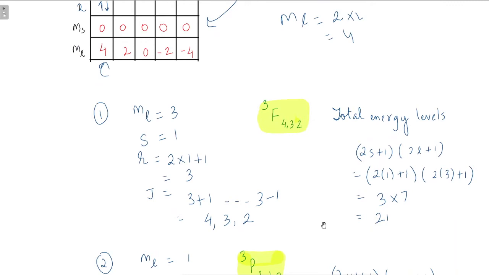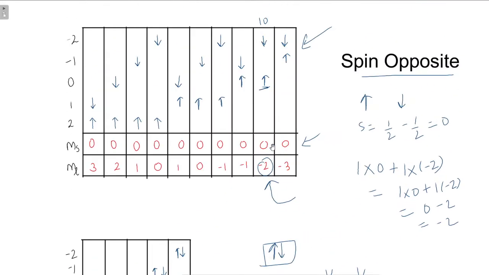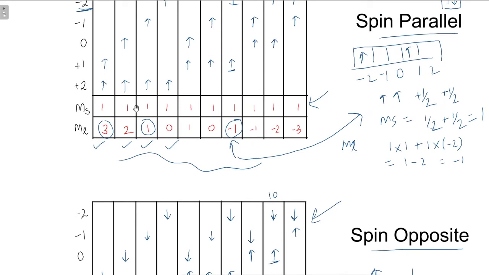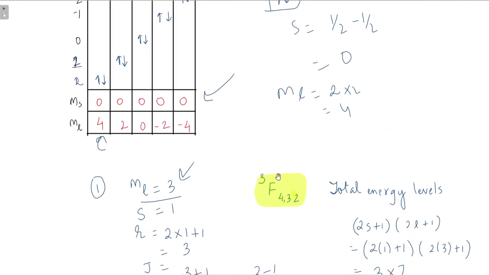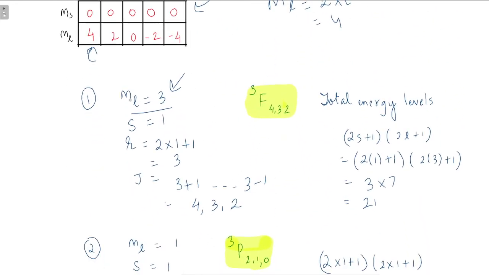So for the value of ml, just a minute, before I discuss that, you need to consider a few values that are important for calculating the energy states, right? So ml is equal to 3. What is the value of s there? In the first table, the value of s is 1. Okay, ms is 1 in the whole table. So we have 3 and we have 1. So what will be the term symbol? For ml equals 3, we have the bifurcation as S, P, D and F as 0, 1, 2, 3. So for 3 we have F, and for s equal to 1,